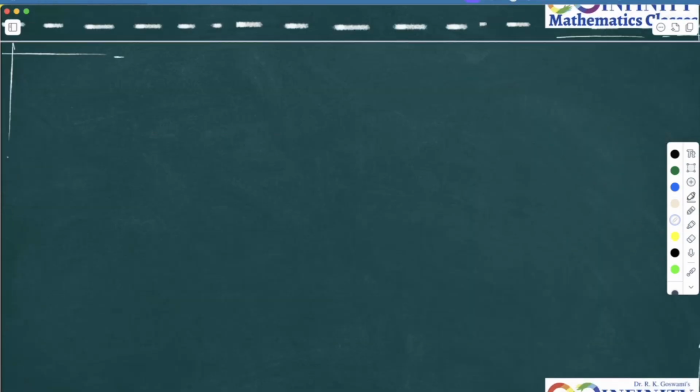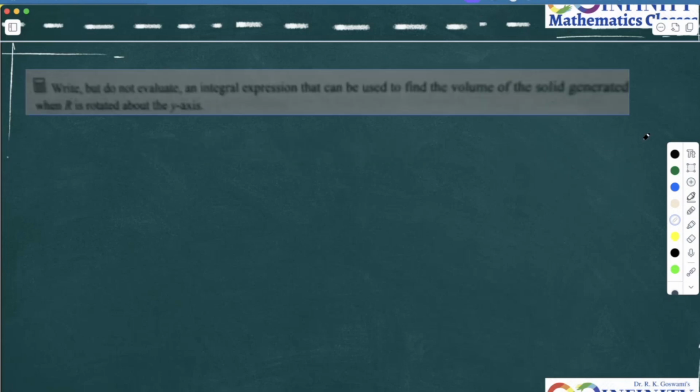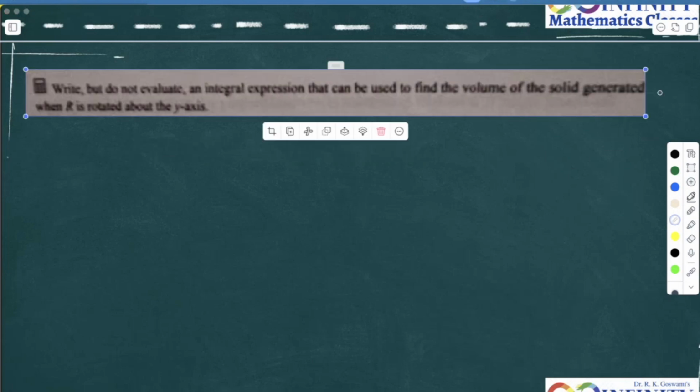Next, you have a similar type of question, but this time you need not evaluate. You need to only give an expression. Okay, and I am going to include the same figure. This time,